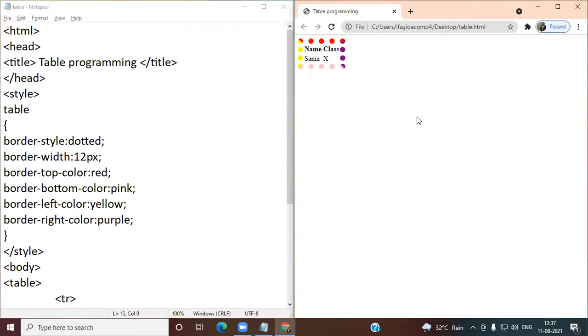Look here. So this is also one border. You can apply it here. You can change the style also. I want the inset, so you can use your table inset.